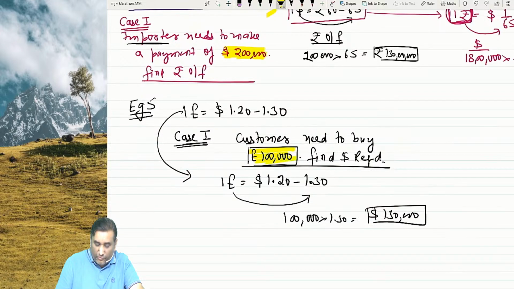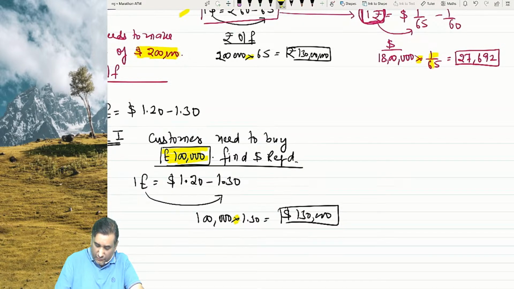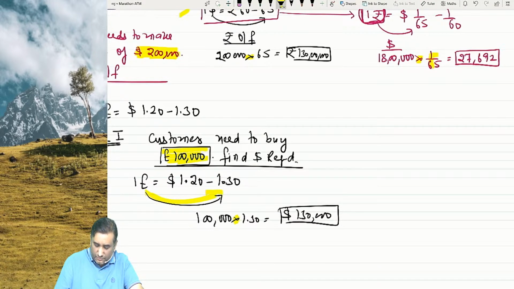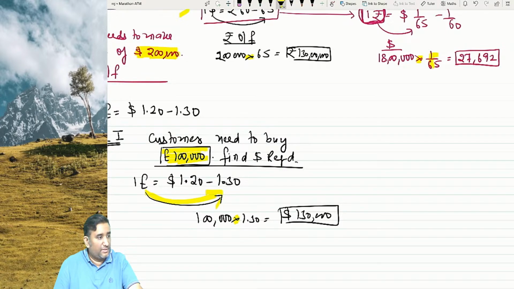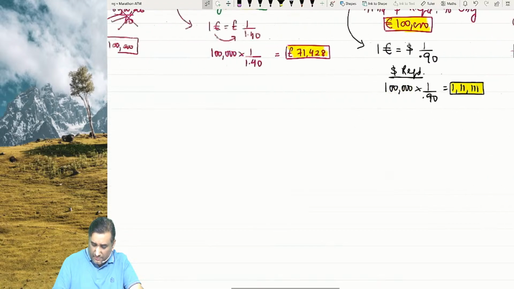In the entire Forex, make sure whatever is the confirmed currency, you keep it on the left hand side. Left to right, multiply. If division comes, automatically put the division like this, otherwise this has to be multiplied. That's it. From left to right whenever we go, it has to be multiplied. Fine. Now let's look at